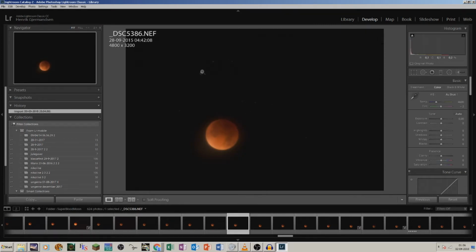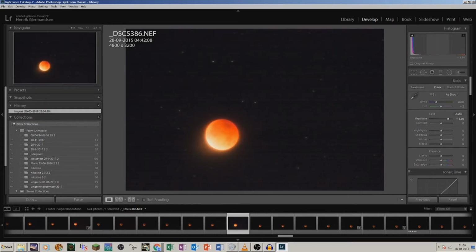We can actually see the double stars right here, but let's up the exposure. And this is going to be pretty noisy because it's a crop sensor camera that's cropped another 1.3 times. It's not going to be that good when it comes to noise. That's why I'm getting full frame.